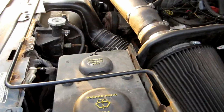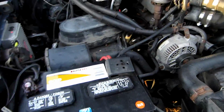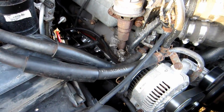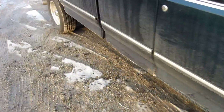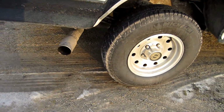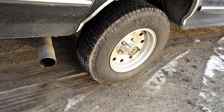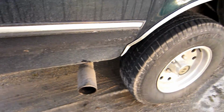Now the belt doesn't seem to be squeaking. I've got to re-torque the headers. You can hear a little bit of a tapping over here. Very, very light. And the sound is toned down a little bit. It's not near as bad as it was as far as noise. It kind of points up a little bit. I'm going to have to do something about that, but